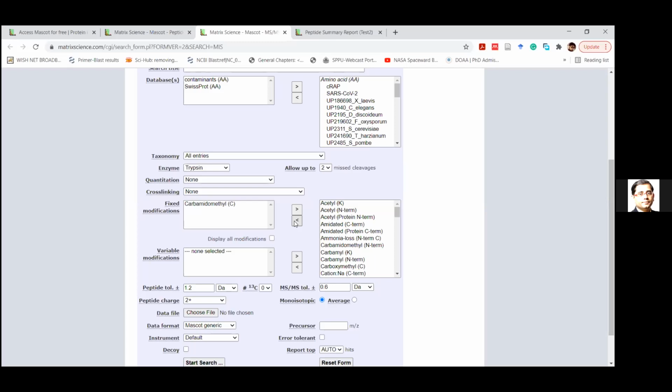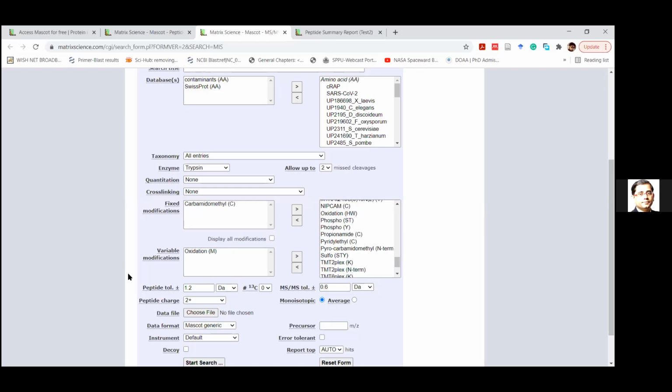If you have made some more changes, and if some more changes are supposed to come due to your protocol, maybe any of the modifications that are mentioned here, you should also include that in the fixed modifications. But if it is something that may or may not be there, and you are not sure that it is throughout, you can put that in your variable modifications, like what we are going to put, oxidation of methionine.